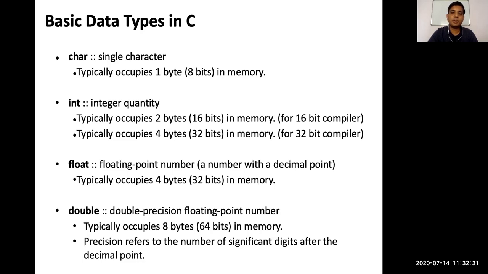Double is the same, but it is a double precision floating point number. So a number which cannot fit into the float, that number we can store into the double. You can see here the memory for the float as well as the memory for the double. The memory required for a float variable is 4 bytes and the memory required for a double is 8 bytes. So obviously the double has more memory. It means that we can store the maximum number in the double.